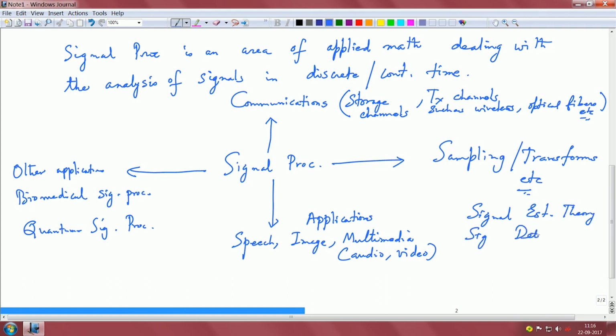Signal detection theory, and so on and so forth. I mean, number theoretic transforms, all these come under this transforms. So one side is applications, other side is theoretic foundations, right. So I would give you one example of how one can think about applications, perhaps in the